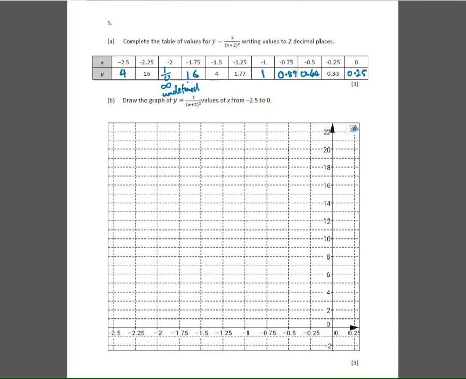Okay, so if we plot the points that we know, we get 4, 16. Okay, and we could go through the points here. Notice how the pink line I've drawn kind of shoots off to infinity, because it never quite gets to infinity. So at minus 2, when I say it's infinity, the pink line will shoot towards it but never quite make it. If I've got the other points,